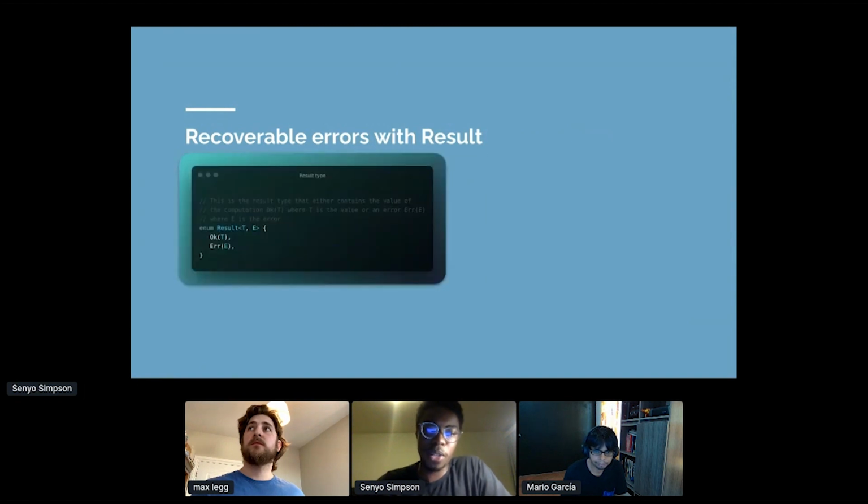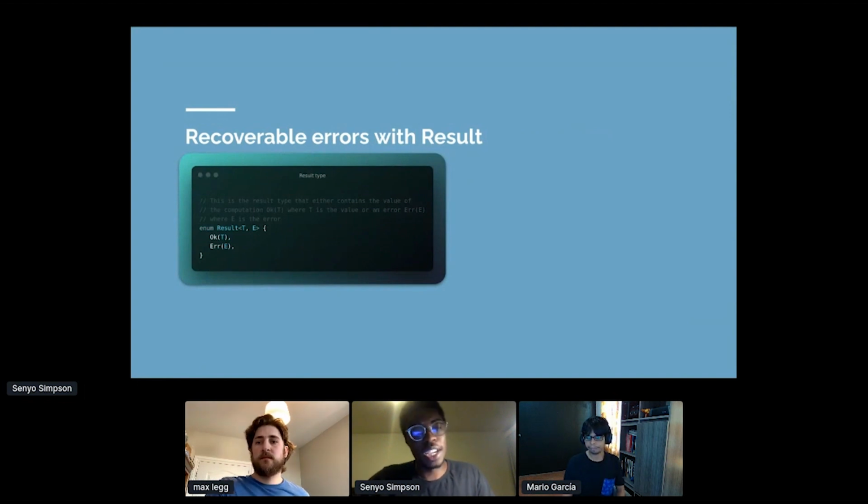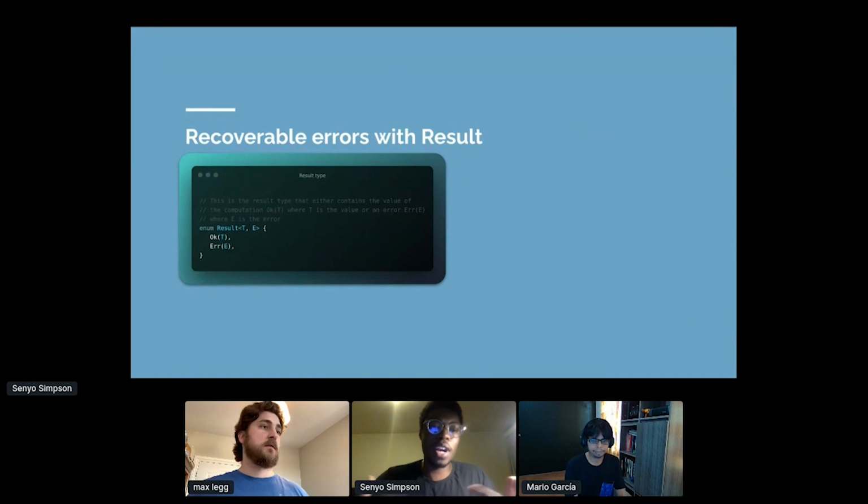Recoverable errors are communicated using the Result type, which is an enum that has an Ok variant and an Err variant. The Ok variant is selected when the computation is successful, and the Err variant, obviously, when there's an error. This is quite nice because it embeds the idea of a fallible computation in the type system, but also it means that we have to unwrap the result to get the value, or in this case, the error.